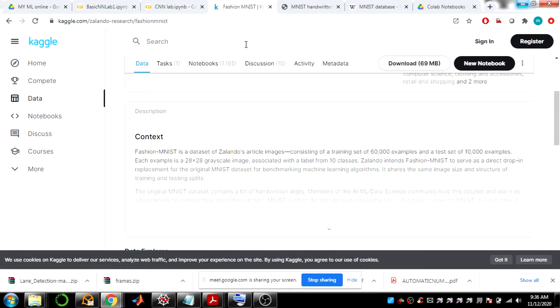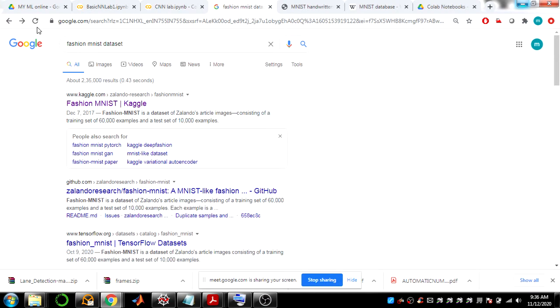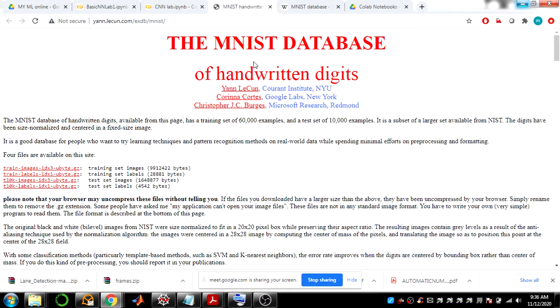You can use that database to train something based on object classification, and if you are interested, you can go for that database. Currently we are using this database.